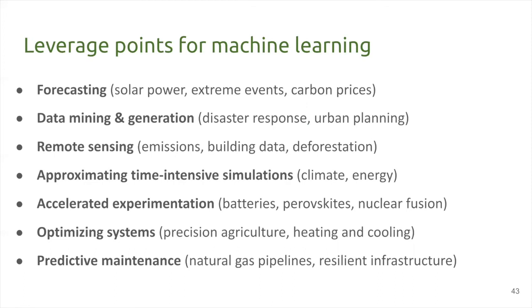And the final group, optimizing systems and predictive maintenance. The idea here is that even when the fundamental science around a system isn't changing, by improving the efficiency of that system, it can make the potential carbon mitigation impact or adaptation potential much better. So even if you don't change the chemistry of a solar photovoltaic, if you can increase the efficiency of an entire solar farm, that changes the economics entirely. So that can increase the adoption of renewables, for example.